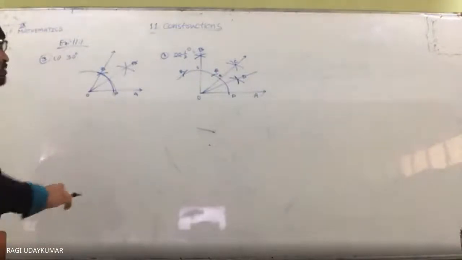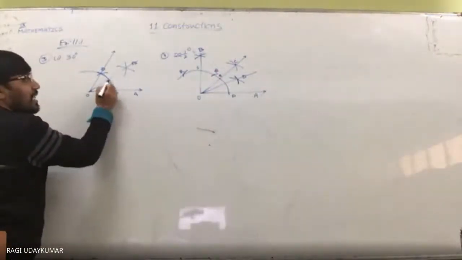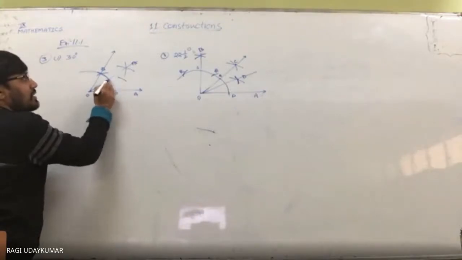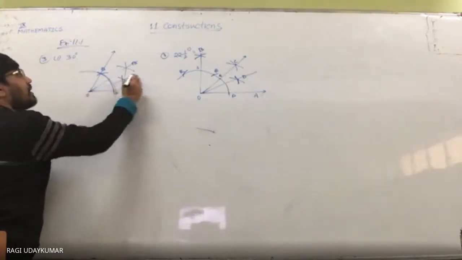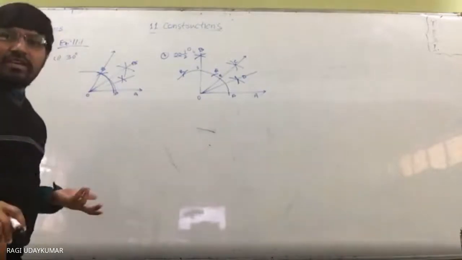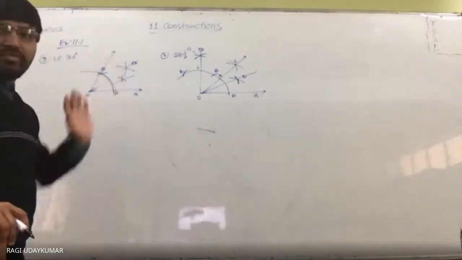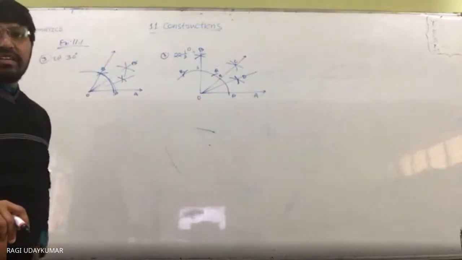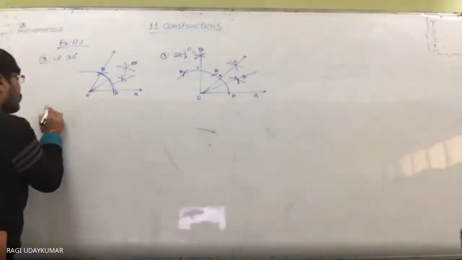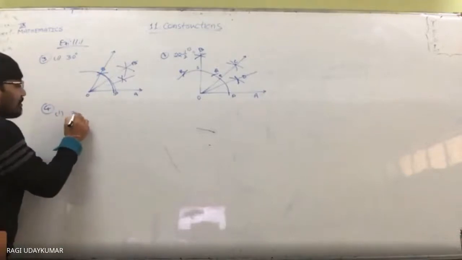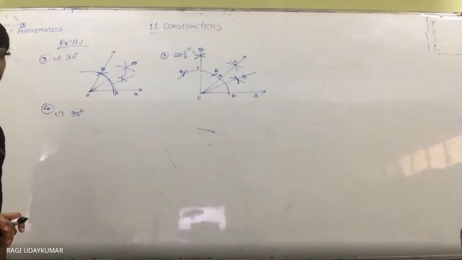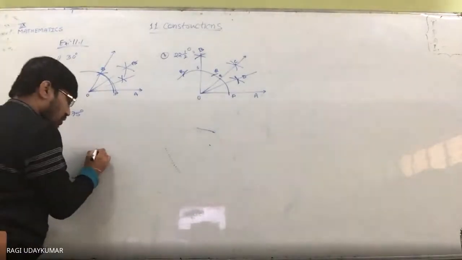Next, 15 degrees is asked. Third question, 15 degrees means this is 30 degrees. Draw its bisector. So this one has a center, one arc here. This one has a center, another arc here. Join both. Done. Draw the bisector two times and 15 degrees will come. And the fourth question asks you to draw 75 degrees: 60 plus 15. Same, draw 75 degrees.